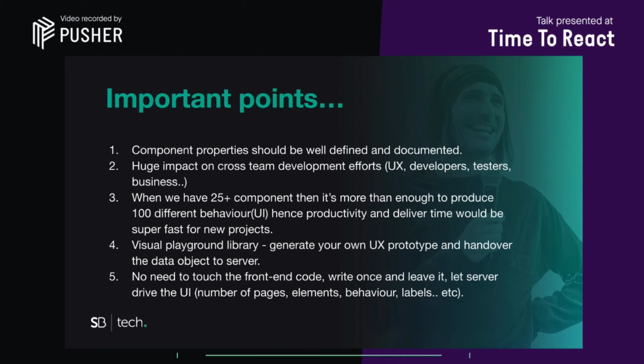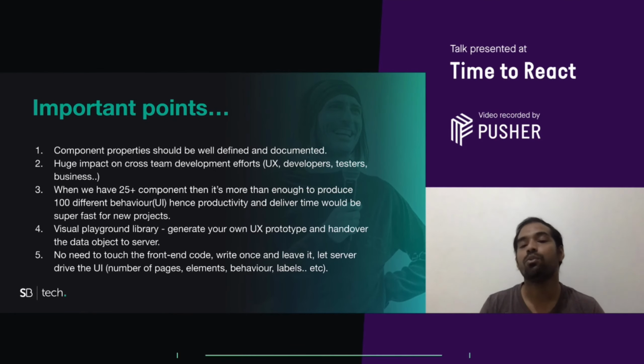And the visual playground library. As you have seen the playground, it's a visual playground library. Generate your own UX prototype, hand over the data object to the server team. Once you are done creating a certain number of components, you can simply hand over the playground to anyone. They can generate their own prototype. The main advantage is no need to touch front-end code. Write once and leave it. This is one of the key